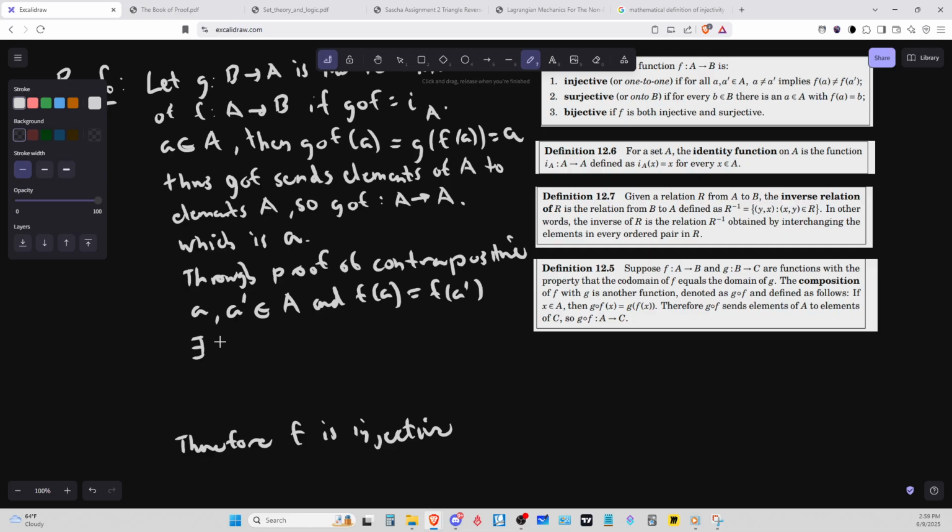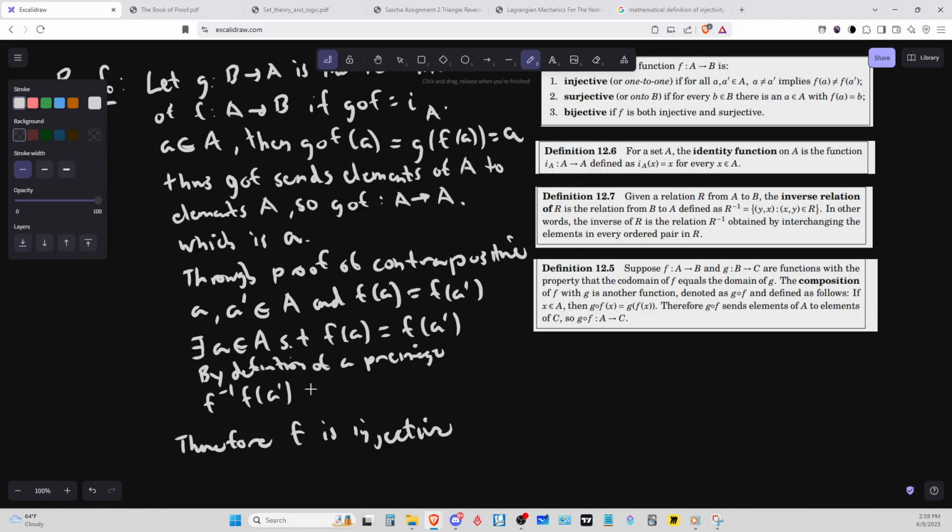There exists an A in A such that A is equal to F prime by definition of a pre-image, is equal to, oops, gotta put those parentheses there, equal to F of